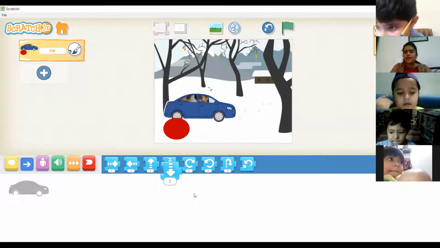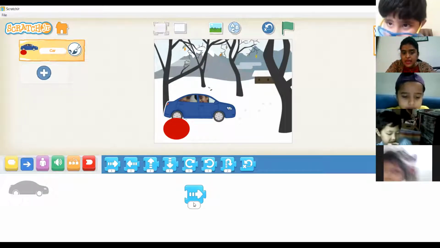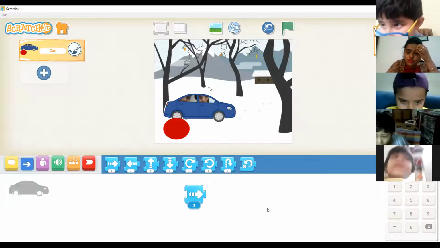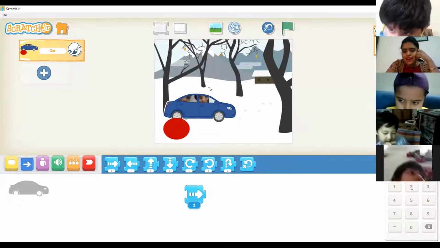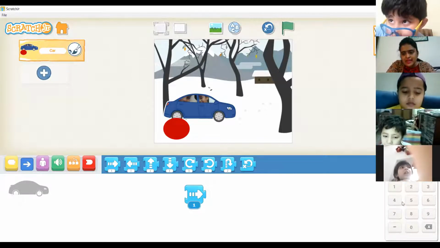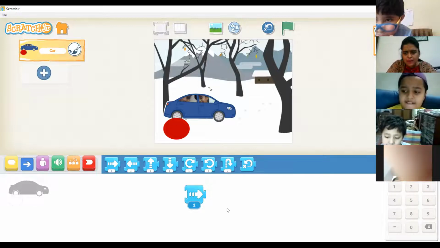Okay. And then I want to make this move how many steps? Here it is written only one. I want to make it move 25 times. So when I click here on the right hand side, can you see I have come up with this small number calculator kind of a thing on the right hand side.